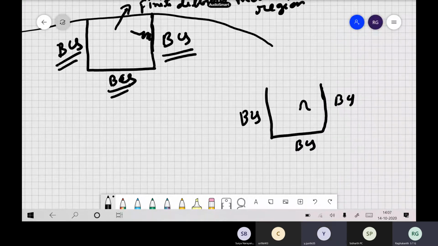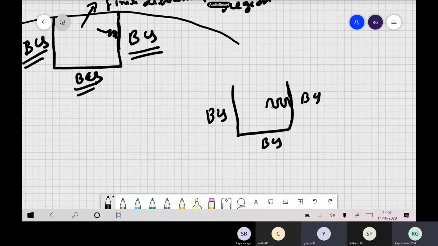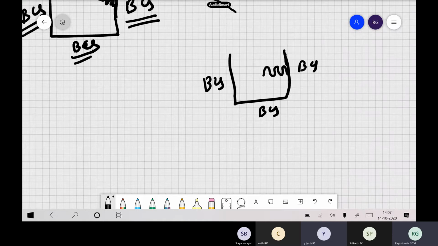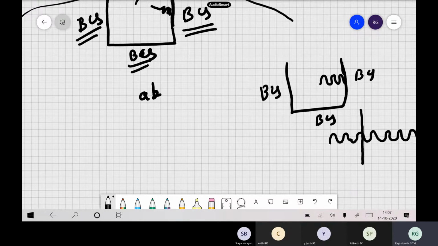When a wave comes here, it should only absorb, and the amplitude should not increase. It should absorb the amplitude. The wave goes like this, so it will continue like this. But since you have made a boundary here, whereas in reality the wave keeps going, there is no discontinuity in the wave. But you can't model the full region, so now we have to use, as I told you last class, the absorbing boundary conditions. These are very special boundary conditions to represent infinite mediums.